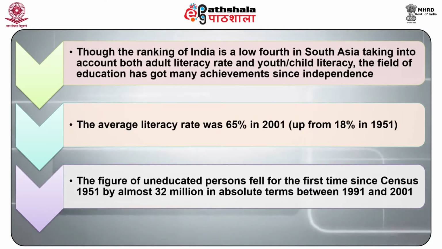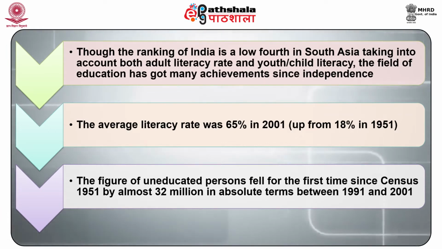Though the ranking of India is as low as 4th in South Asia, taking into account both adult literacy rate and youth or child literacy, the field of education has got many achievements since independence, as the data of government shows. The average literacy rate was 65% in 2001, up from 18% in 1951. The figure of uneducated persons fell for the first time since census 1951 by almost 32 million in absolute terms